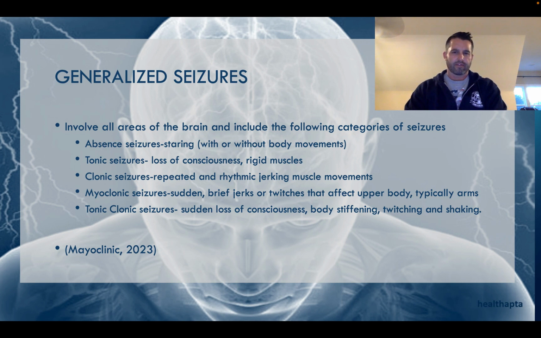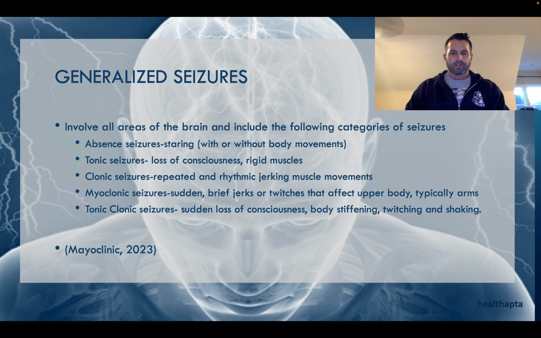Also, the patients with the generalized seizures still have the same type of auras that we talked about with focal, with either sights, smells, or maybe hearing something. And then also, usually with any type of generalized seizure, you usually have some type of urinary incontinence. It's not a telltale sign that they're having a tonic-clonic seizure, but that's how you can tell that they're actually having a seizure, is that urinary incontinence.